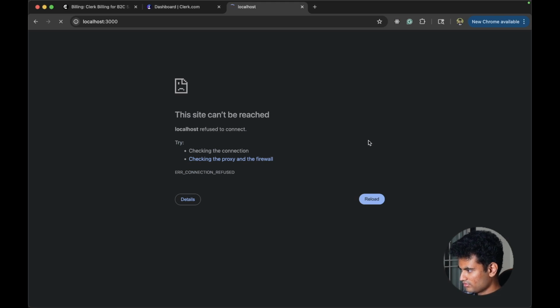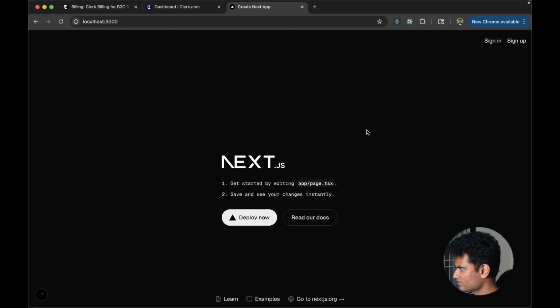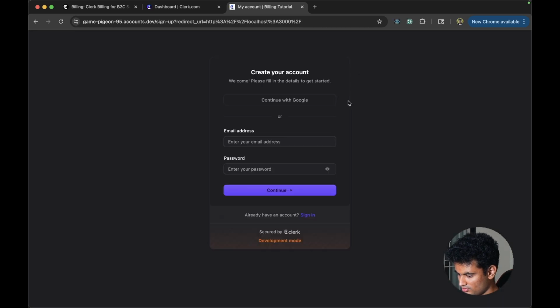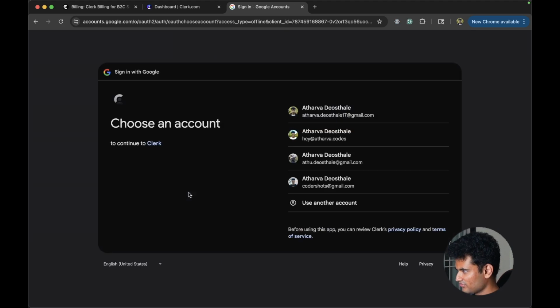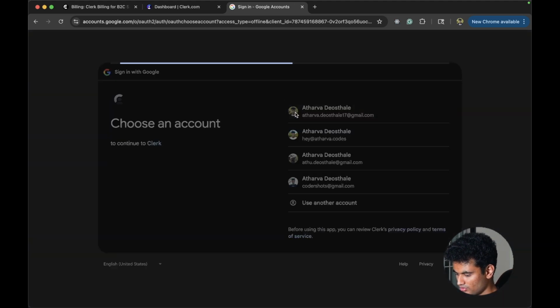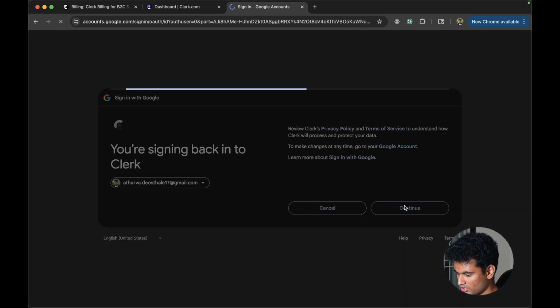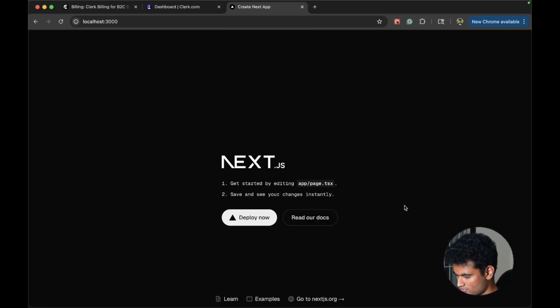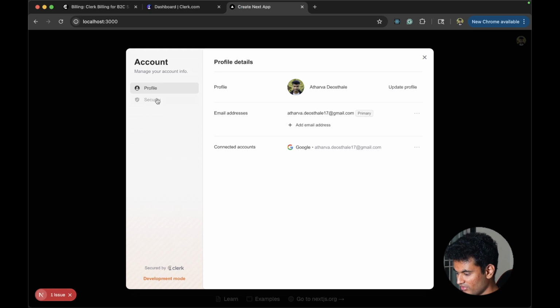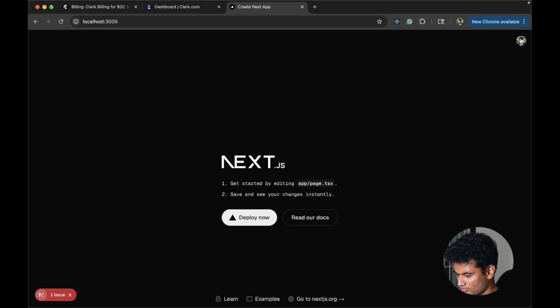and hopefully we can see the page now. It's a bit slow. It's taking some time, but we will get there. Okay, it says sign in and sign up. I'm just gonna click on sign up right now, and I'm gonna continue with Google. It says development mode. We haven't yet touched the Clerk billing stuff yet, but we will do that as soon as possible. So yeah, let's just sign in, continue. Yeah, perfect. Now we have this button. We can manage account, which is perfect because we should be able to see our subscription stuff here after we do try to